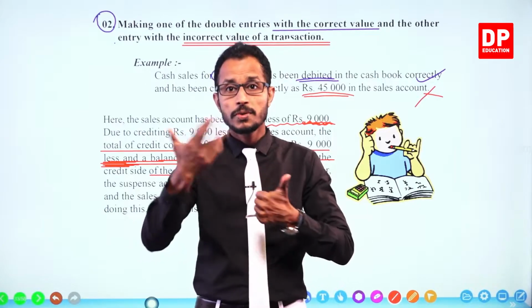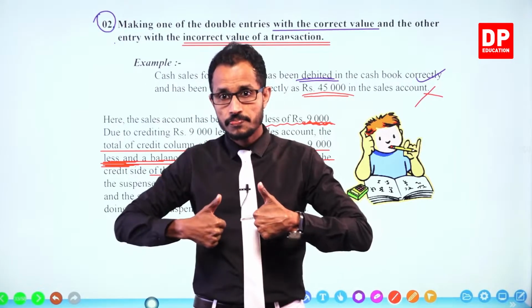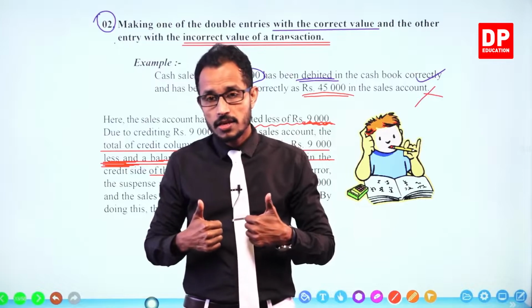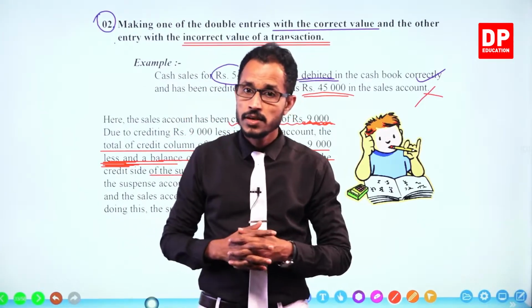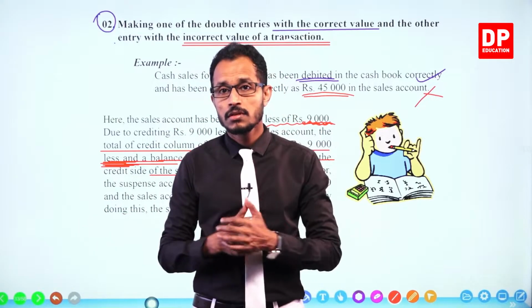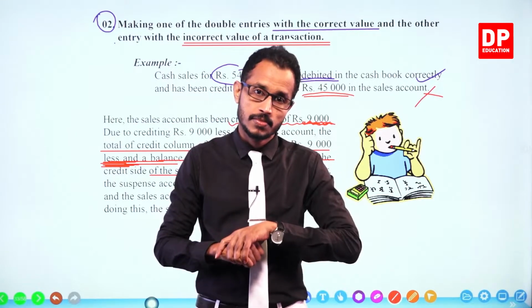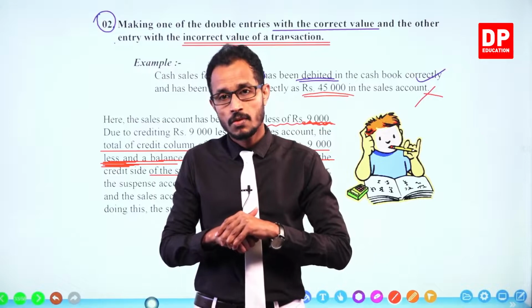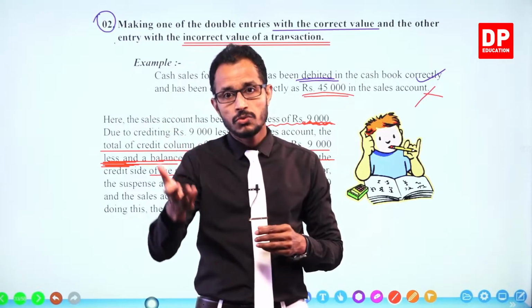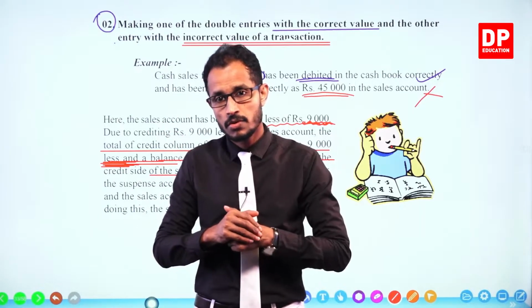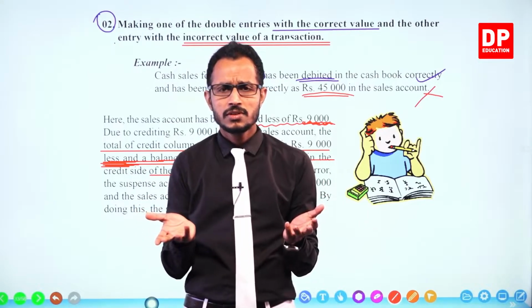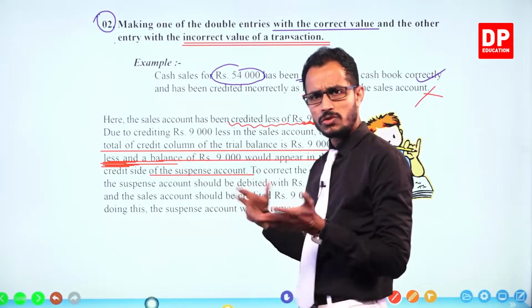Okay, you prepared a trial balance, and it is not balancing. What do you do? Tell me, what do you do? What else? You go to the trial balance